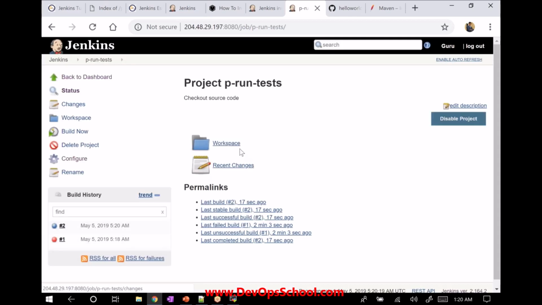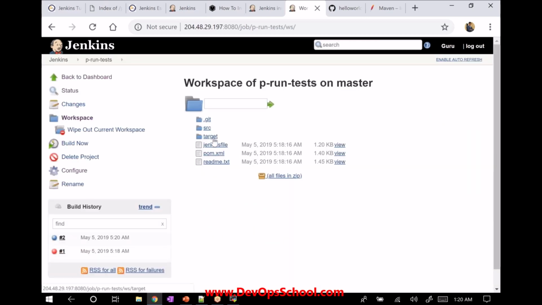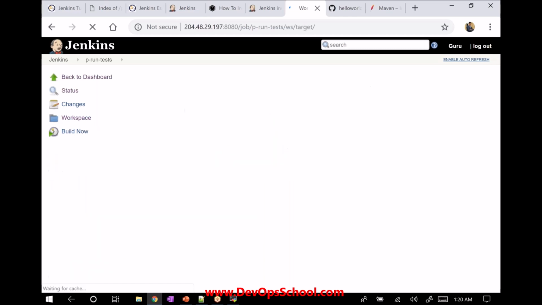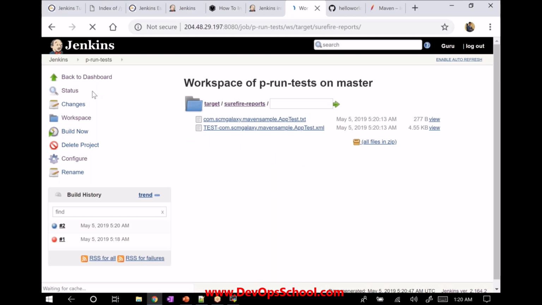Now let's look at the workspace. It successfully ran the job. Once Maven compiles the code, it creates a folder called target, and it saves the project outputs. As part of this, there are some surefire reports. So if you go back to the job again,